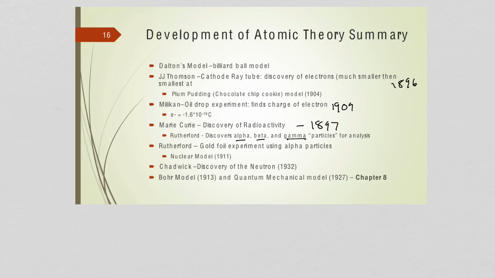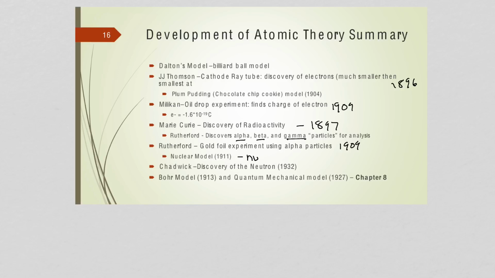Right? Now, we point this out because, of course, in his gold foil experiment a few years later, Rutherford utilizes alpha particles. And so all of these areas of research and discovery are coming together to help us understand the atom, giving us a tool to probe the structure of the atom by using these radioactive decay particles. In 1911, right, now we have the nuclear model of the atom, which